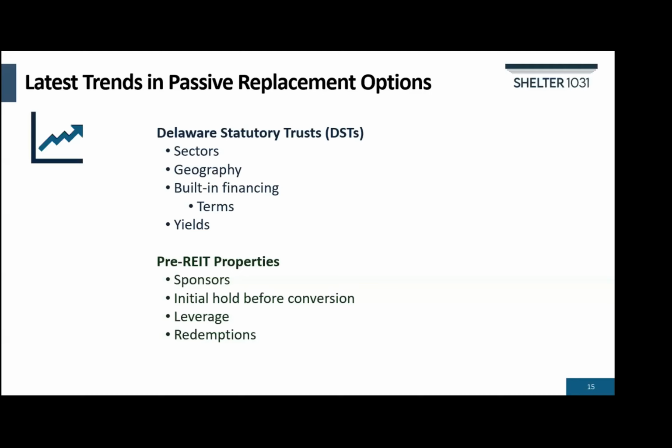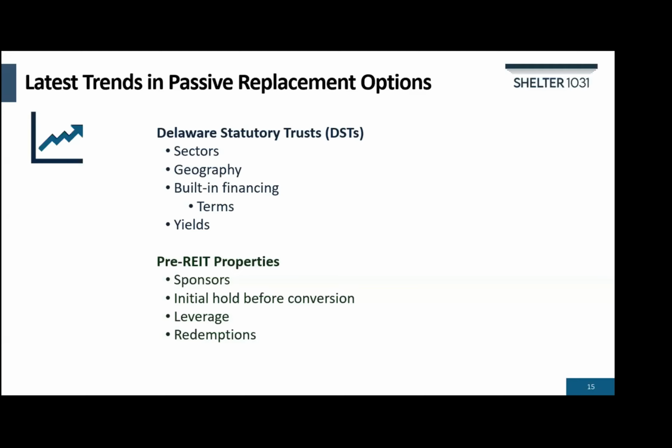After a year in the REIT, you can redeem shares subject to the REIT's quarterly redemption limits, with the understanding that withdrawals are taxable. Today, most of these REITs pay a higher yield than the current DSTs, so you are likely to see a slight increase in your income after your 1031 investment converts to the REIT.